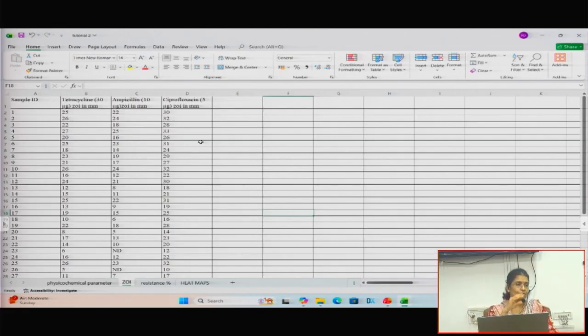Okay. So here you got your zone of inhibition. So you all know what I've done to all these 40 samples and then recorded the associated values for the zone of inhibition. With this ZOI value, what can I do next? What I want to do is check if the samples have antimicrobial resistance. So with your existing knowledge, with this ZOI and other things, what do you think can be the next possible thing I can do?